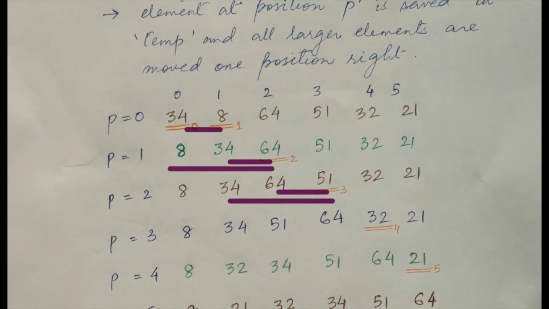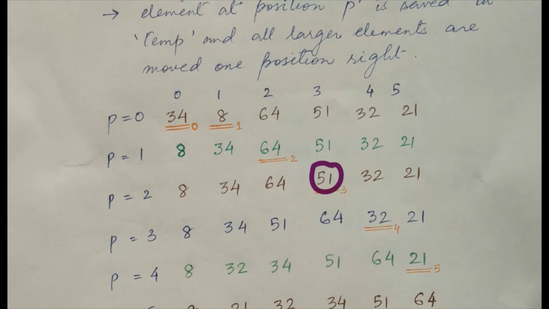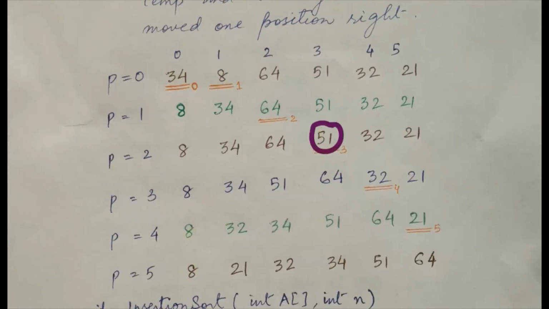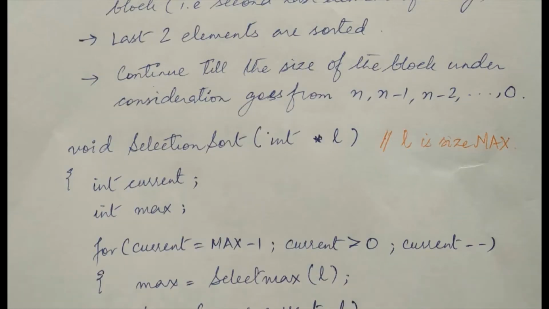Okay, so what I want to show is, let's say 51 is compared to 8. You compare with the element at a distance of 1, you compare with the element at a distance of 2, you compare with the element at a distance of 3. In case of insertion sort, you compare the elements which are away from your element in consideration and see if they are sorted with respect to each other, and if not, then you swap or shift them. In case of shell sort,